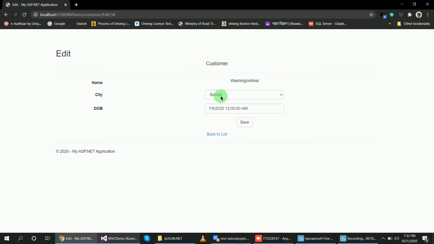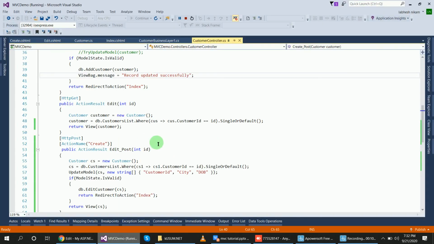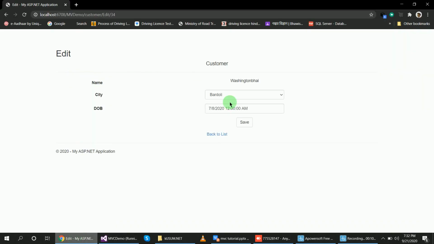inside of the Fiddler tool or Postman tool. But whatever I have written in the code, the Fiddler tool or Postman tool cannot change the name property. Okay. Now we see, can I update this city and date of birth using that update model? Suppose Delhi, and